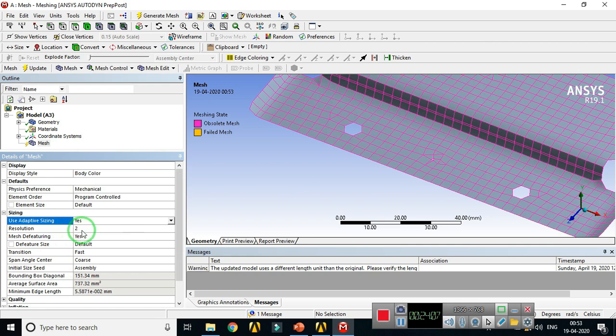Next, resolution. Resolution means you have a range from 0 to 7. So 0 is for coarse mesh, and 7 is for fine mesh. So the default value is 2. Then next is